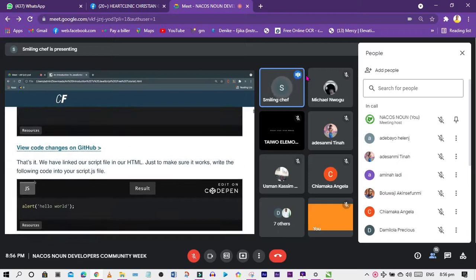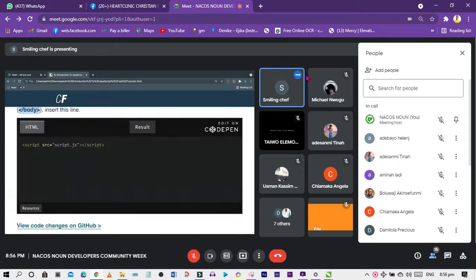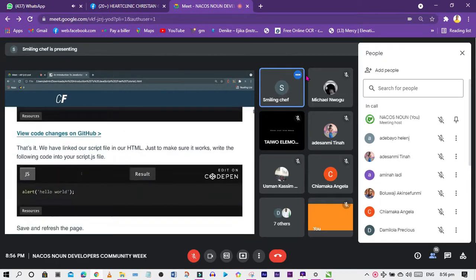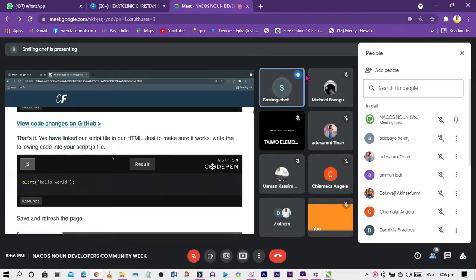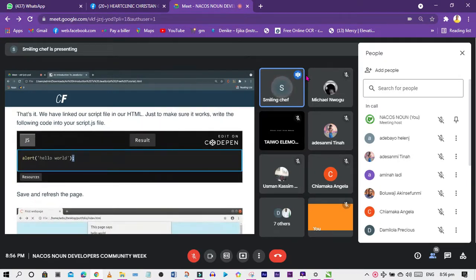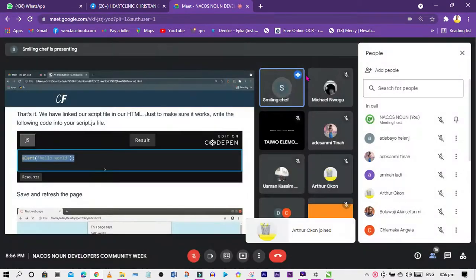Now, inside this JS file that we've created and linked already, we are calling a function or a method. This particular line here can be referred to as a method or a function. This word alert is like a library. It's part of the JavaScript library and has already been written. It is the same way as any other function we will write, but JavaScript themselves have written this one as part of their own script. So all you have to do is pass the message